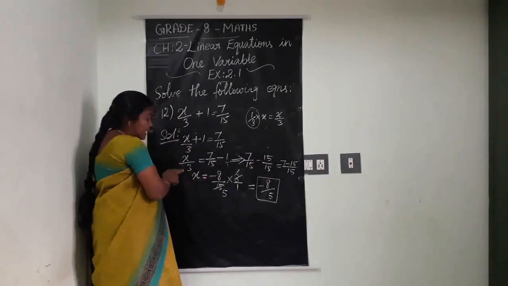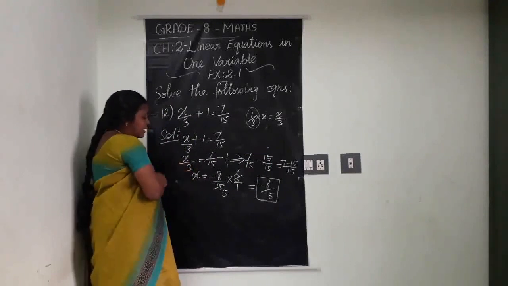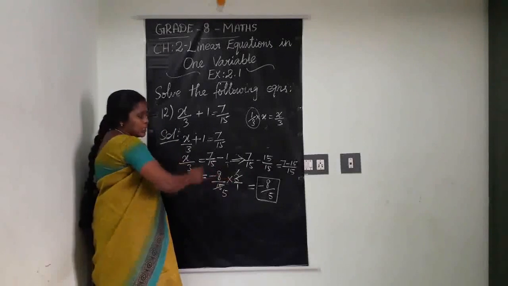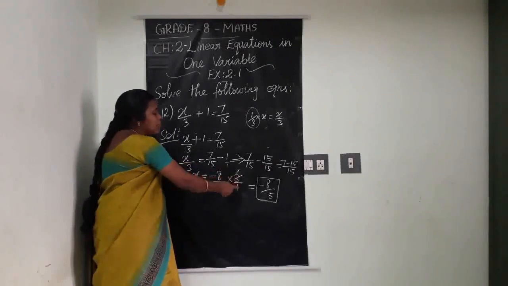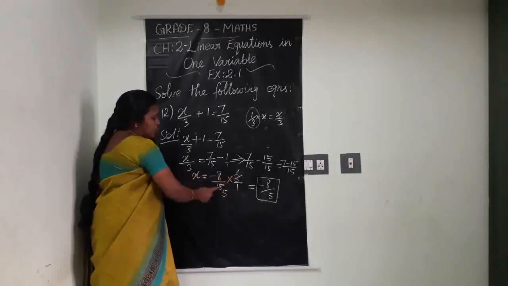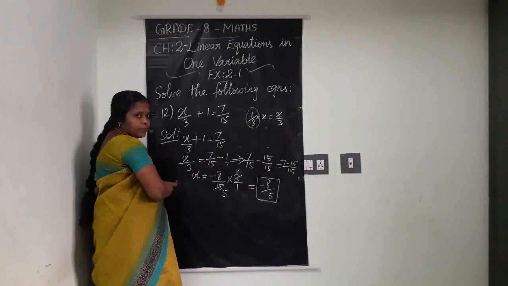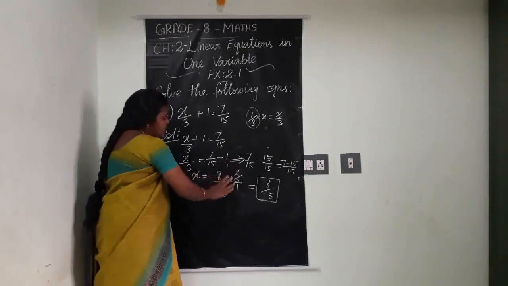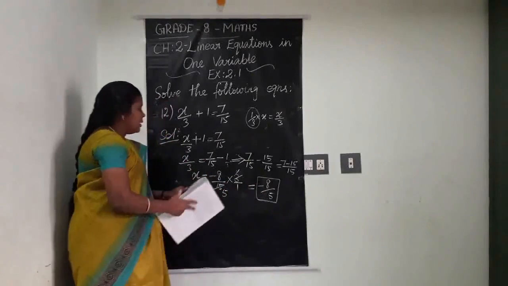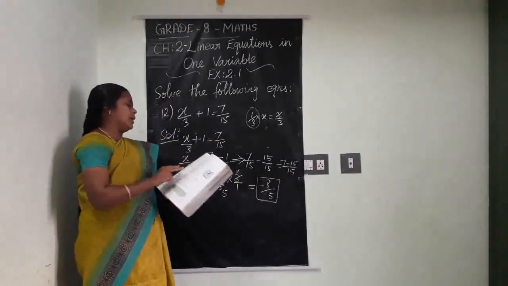That is equal to x by 3 only. We need x. So shift the coefficient 1 by 3 to the opposite side. At that time it becomes 3 by 1. Reciprocally we have to write. Simplify both numbers. Clear? 1 3 is 3, 5 3s are 15. Okay. Final answer for this is minus 8 by 5. Clear? That's all for this simple topic only.